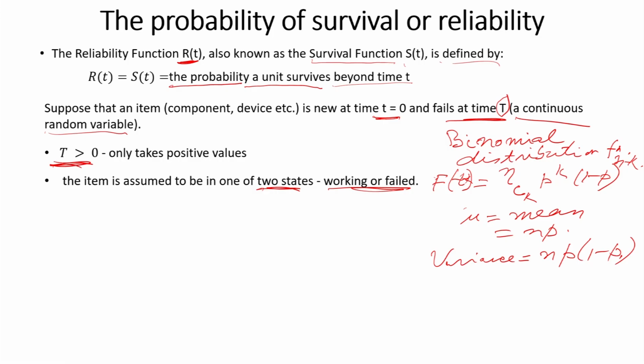Okay. Now, when n tends to infinity and p tends to 0, with n p equal to a constant, lambda, then we can say this distribution takes the form of a Poisson distribution. So, I can write Poisson k, and this expression is